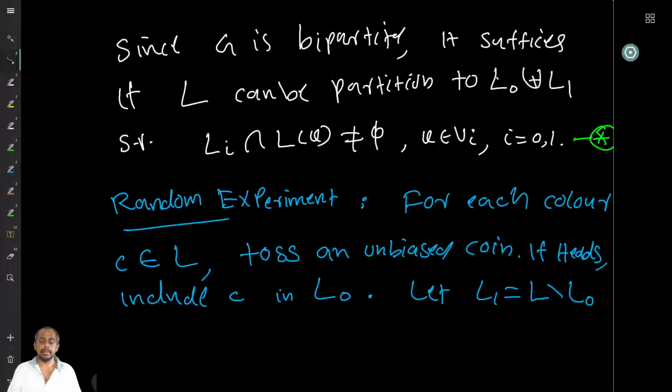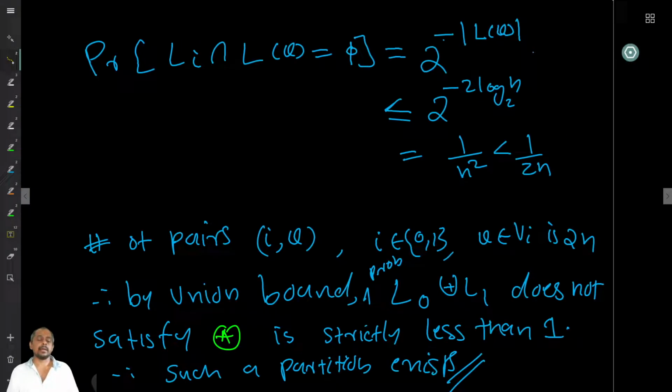We basically create the list by doing this. Take the universe and I make L0 and L1, basically partitioning the universe into two sets of colors by tossing coins. So basically finding a random subset of colors, and its complement. So I'm taking two of these: one and its complement.